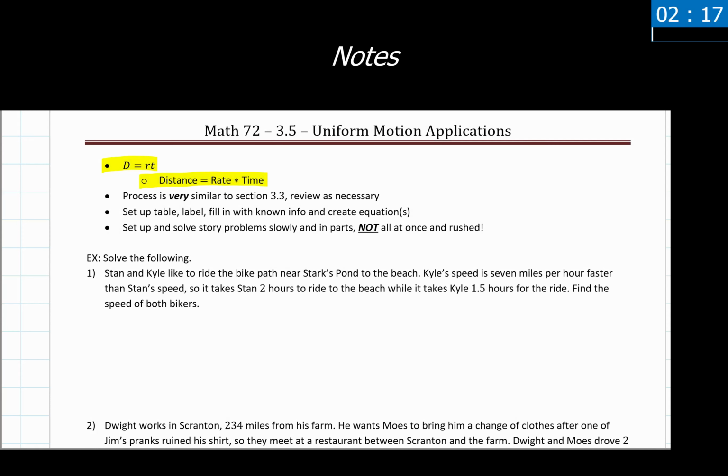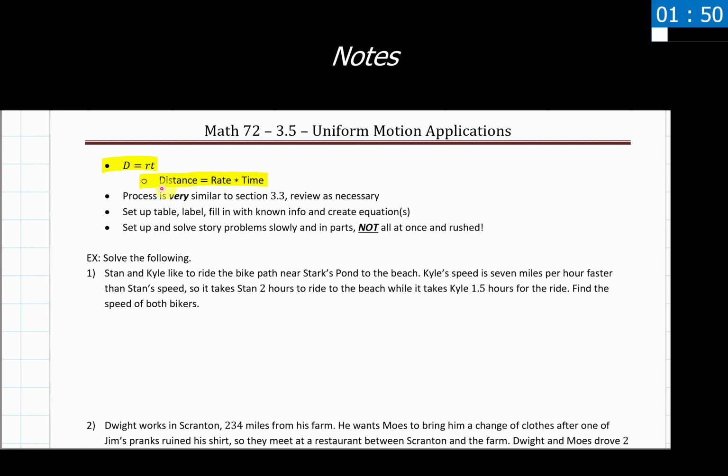In this video, we're going to be working with uniform motion applications. So all of this is going to revolve around the idea of using the distance is equal to rate times time equation that we have right here. I had a student a couple years back who decided to refer to this as the DIRT equation, DRT. That works also, nothing wrong with that.